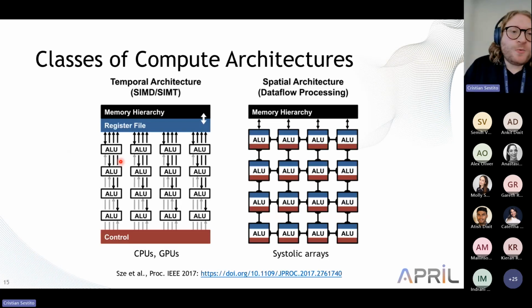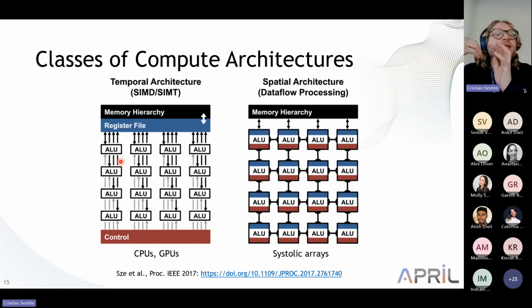So basically, we have two classes of compute architecture that might accommodate convolutional neural networks. On one side, we have temporal architectures that you know well, so central processing unit, graphic processing unit, where we have a set of arithmetic logic units that share control to a, let's say, top-level hierarchy and exploit single instruction, multiple data, single instruction, multiple thread in the case of GPU as an example, in terms of paradigm of sharing